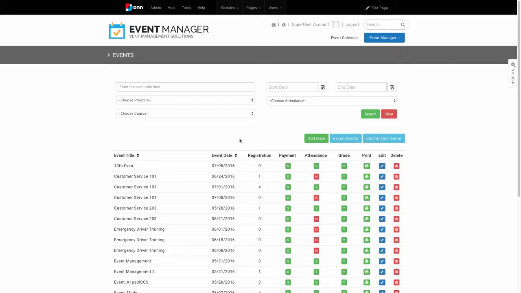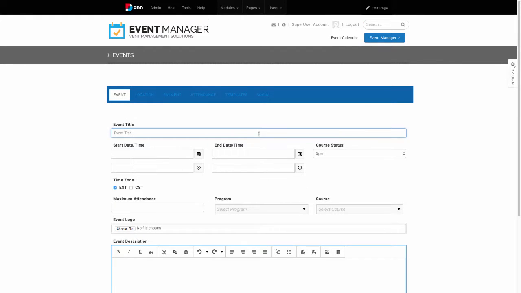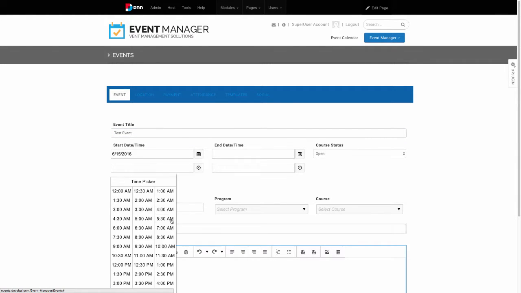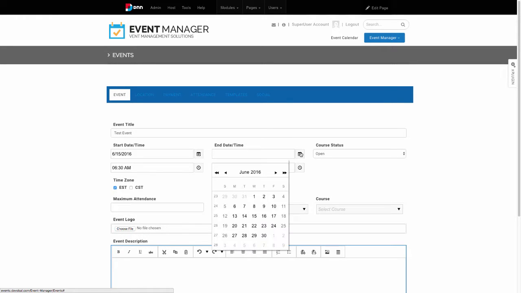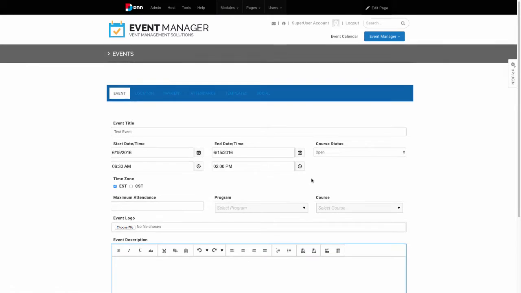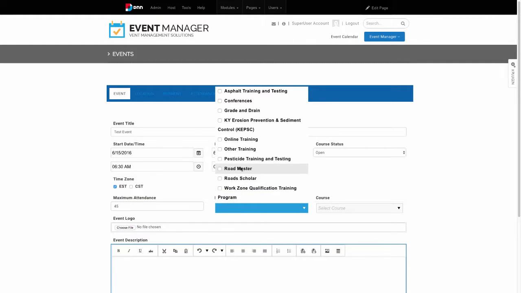In order to create a new event, click on Add Event in the middle. The first step is to add the event title, the start date and time, and the end date and time. Then select the course status and time zone. Select your maximum attendance, choose the correlating program and course,